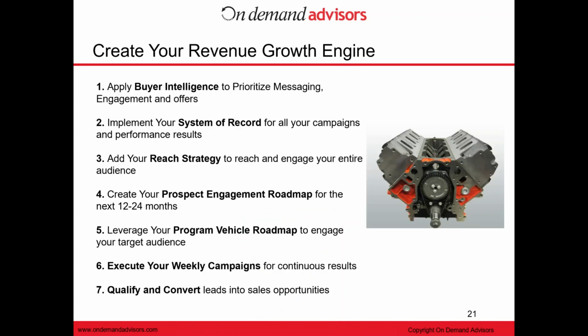So let's just recap what we talked about here today. If you're going to build your revenue growth engine for your company this year and really scale and be successful, there are 7 areas that we look at that are important. One is what Craig talked about, which is having the buyer intelligence. And that's something that almost every company we find overlooks, which is really understanding your buyer in a statistically relevant way. So from a statistical perspective, you want to be able to say, we've actually talked to 50 or 100 decision makers in our target market.